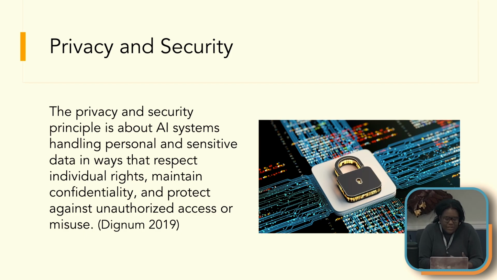And privacy and security is about handling personal and sensitive data in ways that respect individual rights, maintain confidentiality, and protect against unauthorized access or misuse. Privacy and security is really important for your AI models. Let's say you have an AI system in a hospital and your data source gets hacked by some hacker and they alter the data in your data source, and you have a model running using this data to predict whether